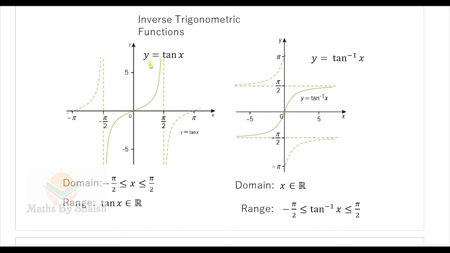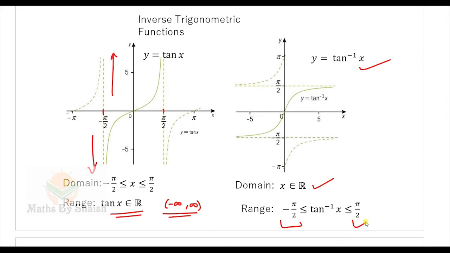So that's why we can get y is equal to tan inverse x, and the domain of course is minus pi by 2 to pi by 2, and the range, you can decide on the y axis, and you can see it is taking all the values of the y axis. So that's why the range is tan x belongs to real numbers, and we can also say that it is going to be from minus infinity to infinity with the help of this bracket notation, and hence the domain for tan inverse x will be all real numbers, and the range will be from minus pi by 2 to pi by 2.